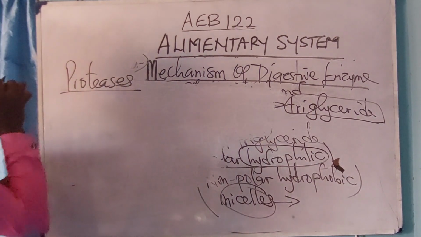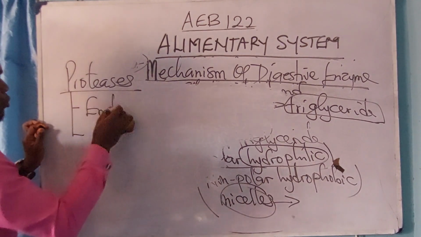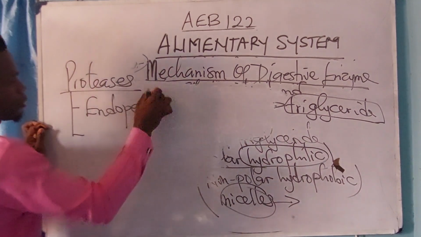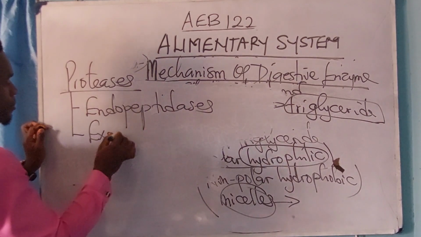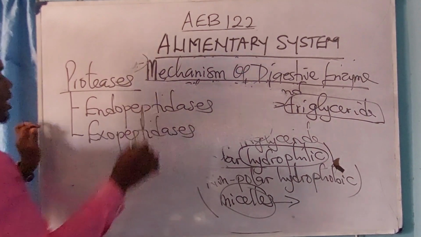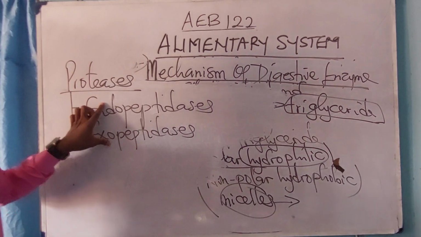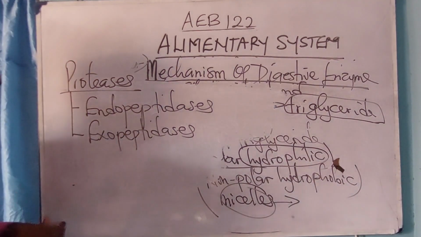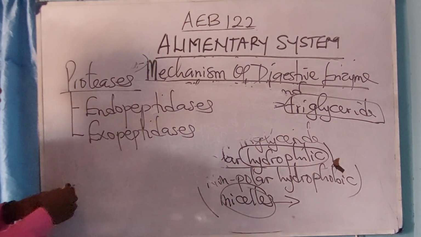Now proteases are divided into two: endopeptidases and exopeptidases. We have endopeptidases and what? Exopeptidases. These are the two divisions of the proteases. Now, what is the function of these two? The function of these two are: one, the